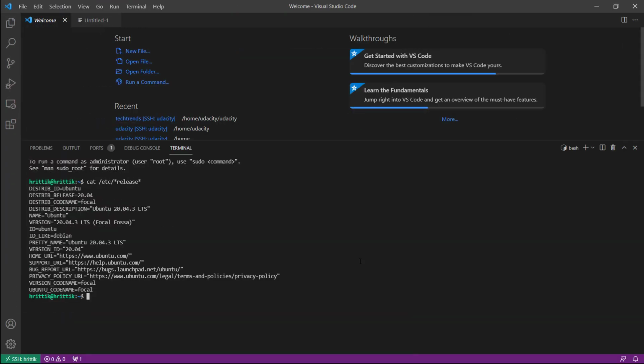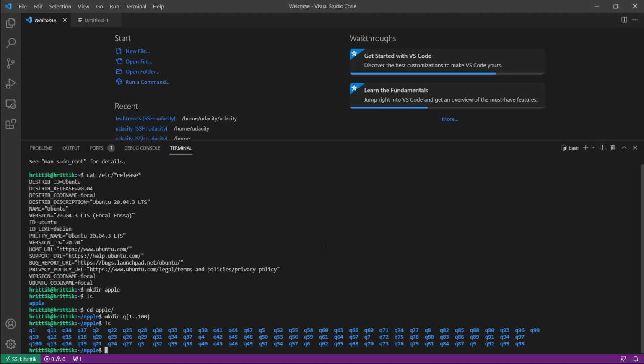For example, if you want to create 100 files easily, you can create a folder first, named Apple. Go into Apple and make 100 files very easily. You can see 100 files are created.